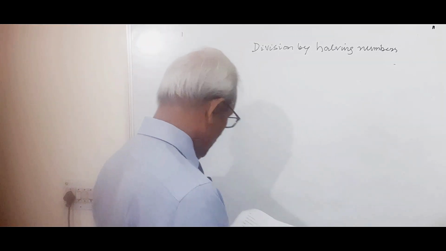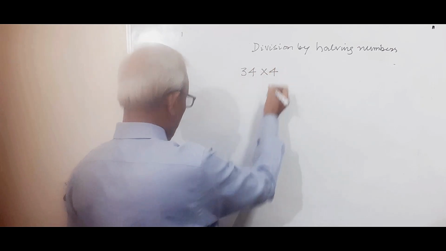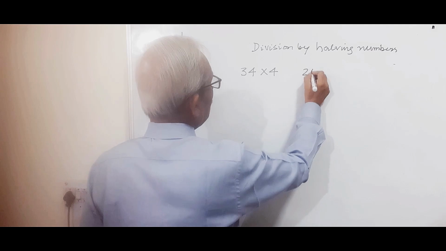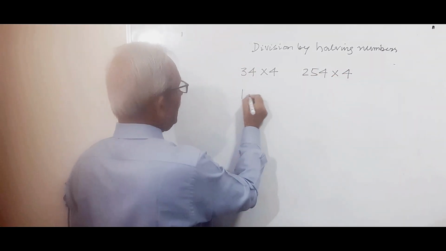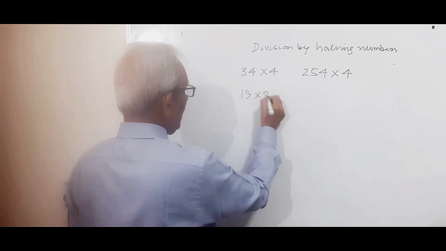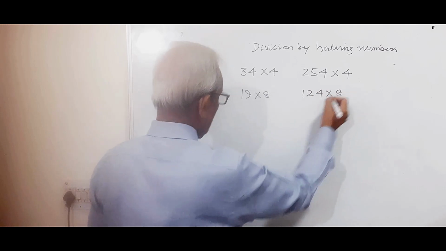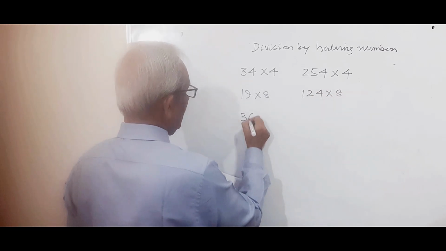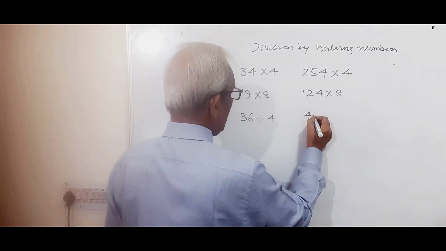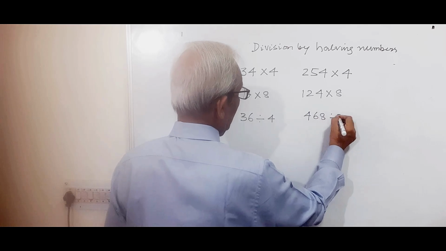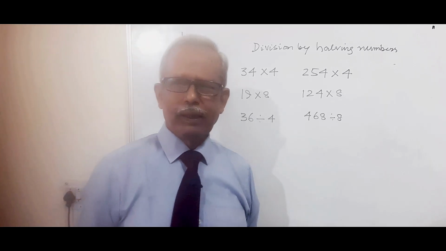I'll give you some examples so that you can practice it yourself. 34 multiplied by 4, 254 multiplied by 4, 19 multiplied by 8, 124 multiplied by 8, then 36 divided by 4 and 468 divided by 8. Do these sums by this method so that you can have some practice,